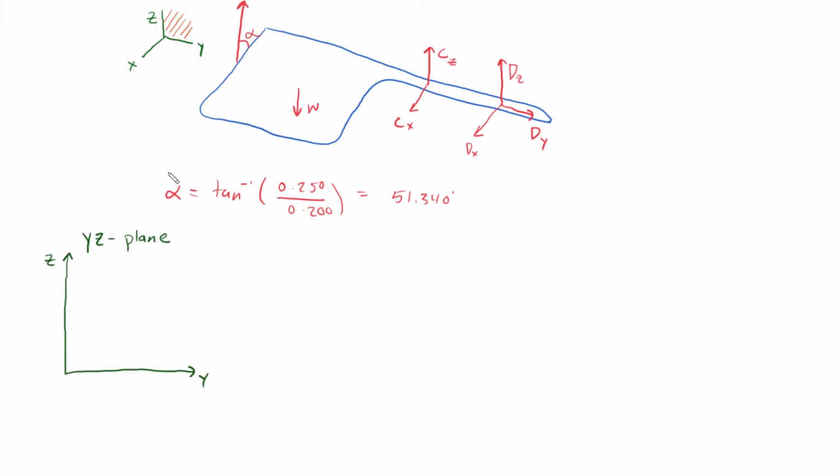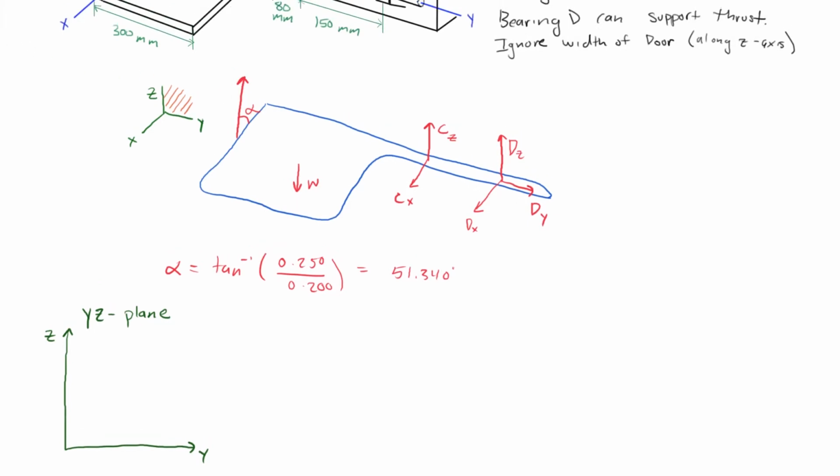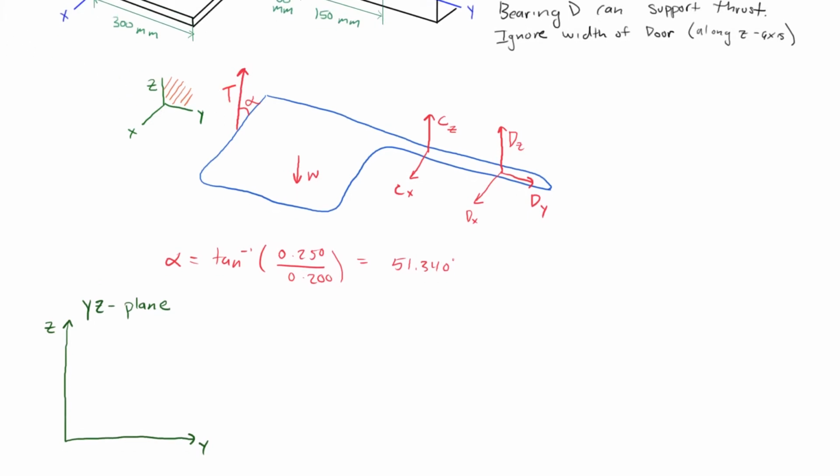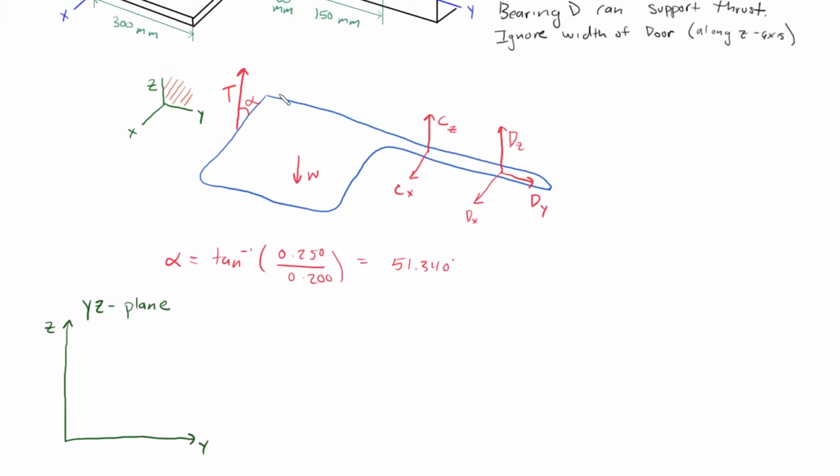So what we're going to imagine is looking at the YZ plane and projecting the vectors onto it. I actually did not define this T vector, so we're going to project those. If you're looking at this butcher knife at this plane, what you're going to see is a vector going in this direction, which is TZ,